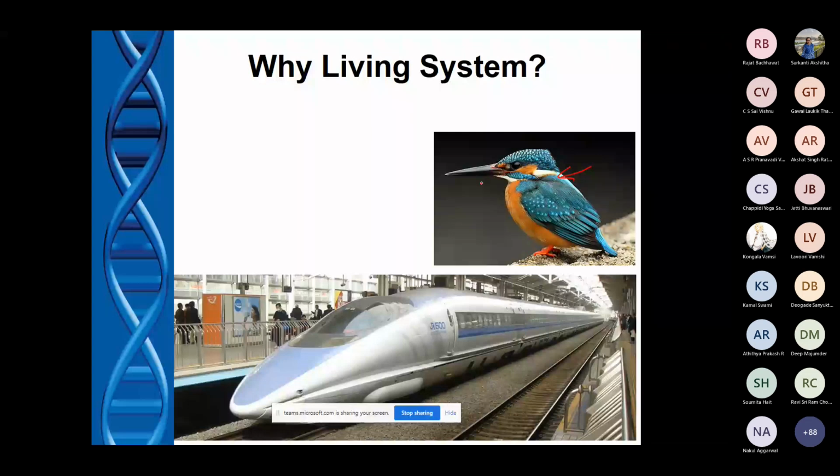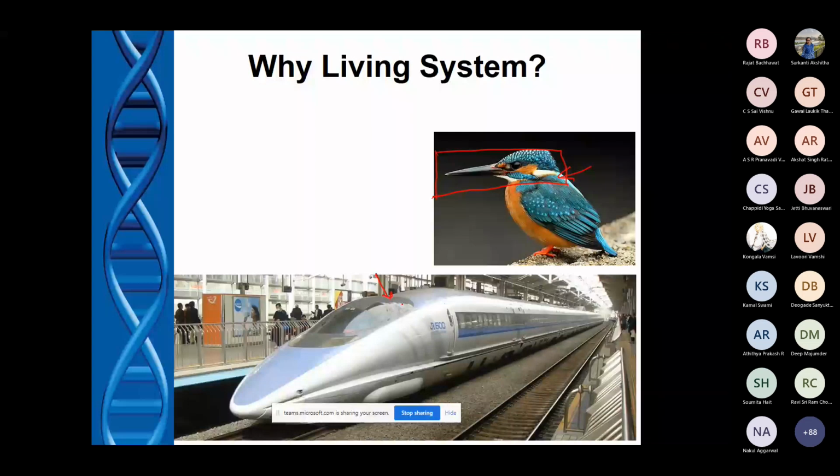As a result, he was thinking if we can design something like that, it can solve this problem. So this is called the Shinkansen bullet train. You can forget the name, and whatever I'm telling you, the story kind of thing, I have already pasted in the notes section. So after the class, when I send you the PowerPoint presentation, you can go through this short description of what I am discussing now.